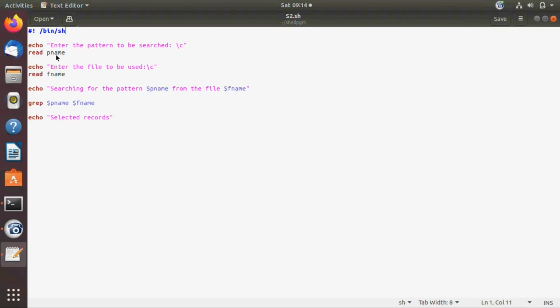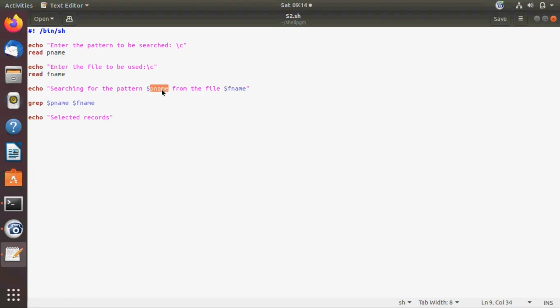Using the command read, you are going to read the value for pname, and then enter the file to be used, and again read fname, the variable. Next I am displaying a message: searching for the pattern $pname from the file $fname.